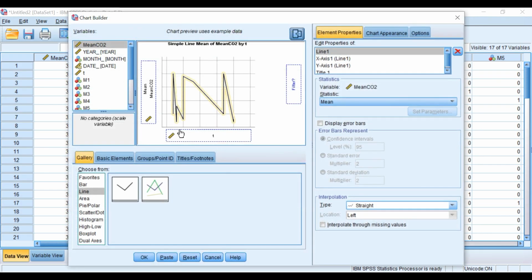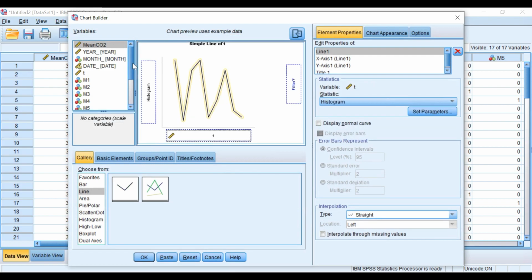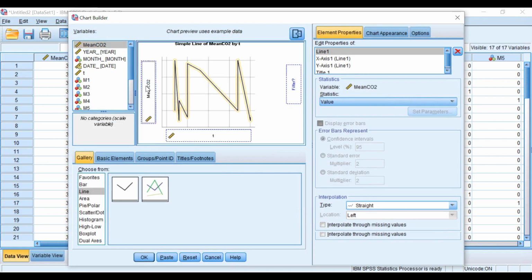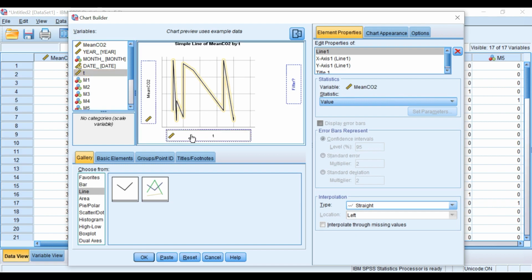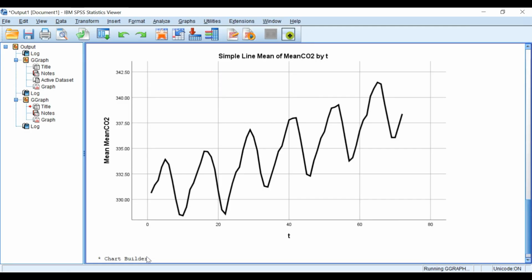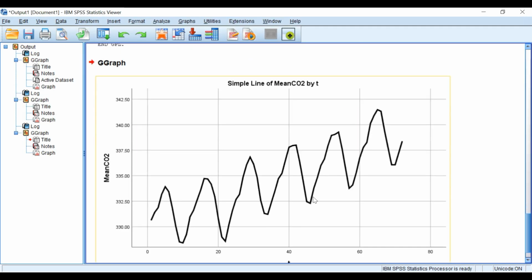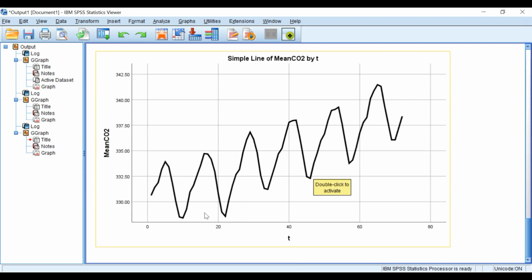Okay, I already put it here. So just click line and then drag this over here, and make sure here is the mean of the carbon dioxide, and put T, which is the index, over here, and then we just click OK. So as you can see here, you can conclude that seasonality does exist,